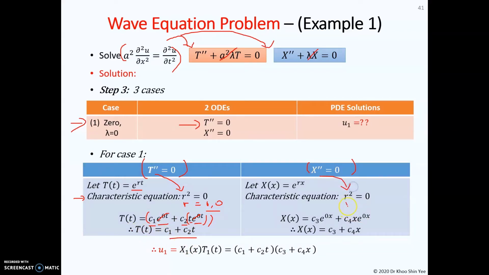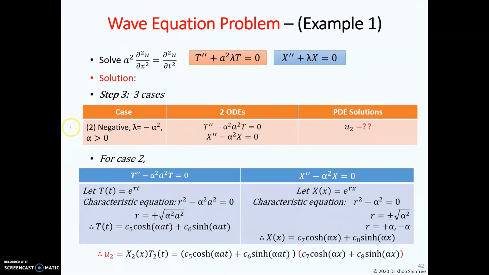Similarly, you obtain repeated root in this case, which is equal to 0. Substitute inside the solution here, you obtain exponential 0x for both of the solutions. Therefore, you need to do the treatment and multiply the independent variable x here. Lastly, you can take the superposition and multiply the constant c3 and c4 to these two solutions, and you can obtain the total solution for x function. Exponential 0 gives you 1, therefore you can simplify it into this. Then you need to multiply the x function and t function here in order to obtain the PDE solution for